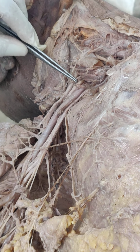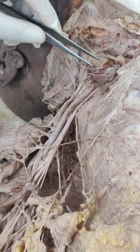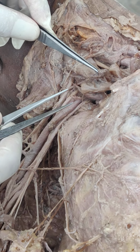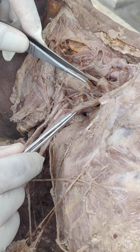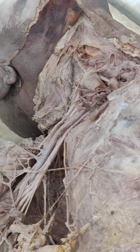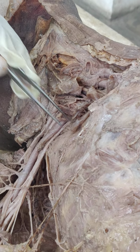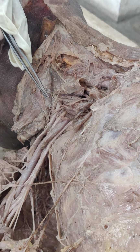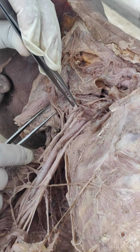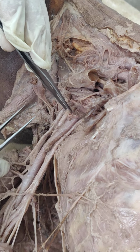In between there is the brachial plexus as well as the subclavian artery, which is emerging. Anterior to the scalenus anterior is the subclavian vein. You have to remember that. The brachial plexus, which lies between the scalenus anterior and scalenus medius, is formed by the fibers of C5. Here you can see this is the C5 fiber, the ventral rami of C5, C6, C7,